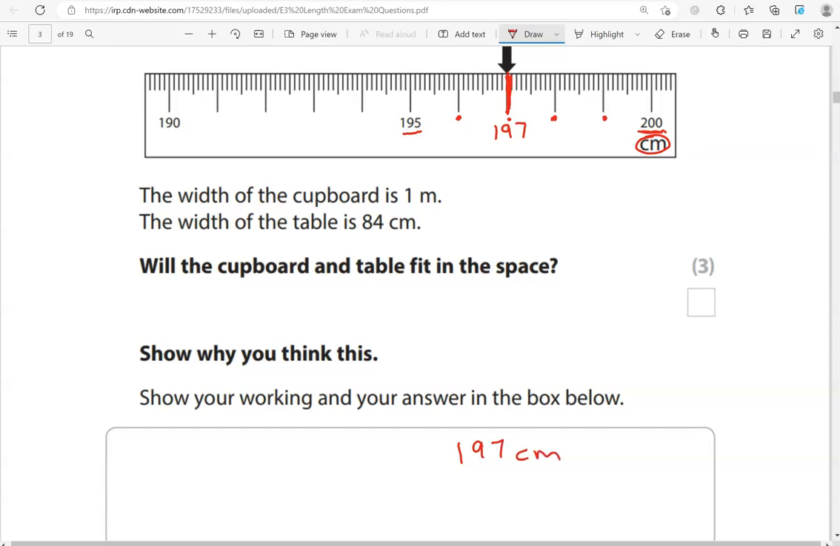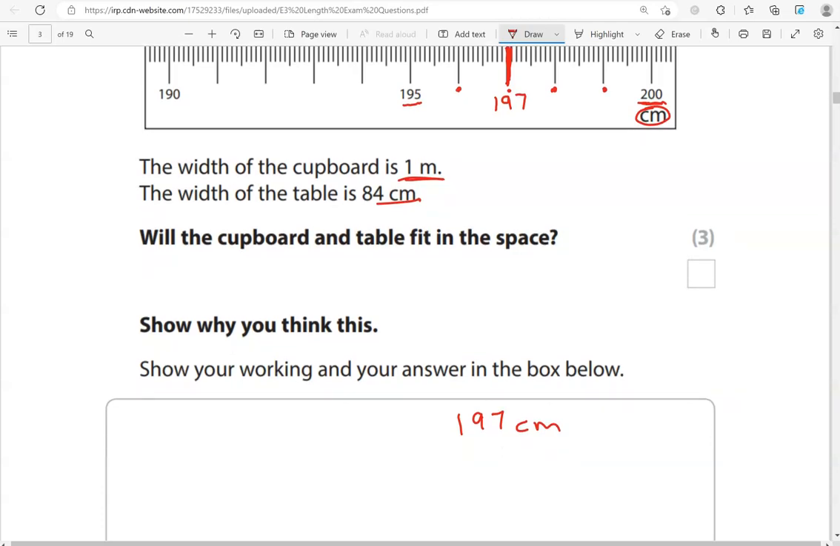Question is, will the cupboard and table fit in the space? The cupboard is 1 meter and the width of the table, that is 84 centimeters. So all together we need to add them, but we need to first convert the width of the cupboard into centimeters. 1 meter, that is equal to